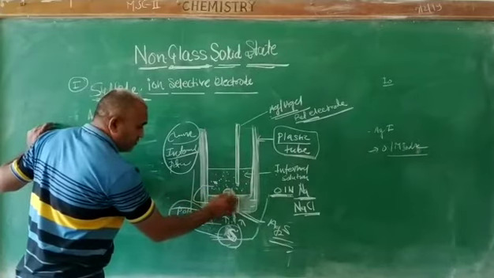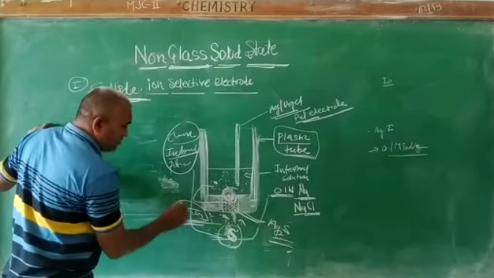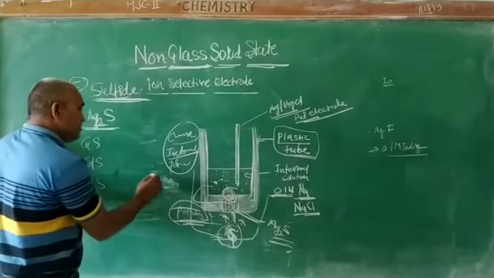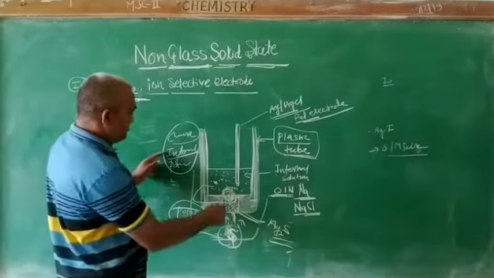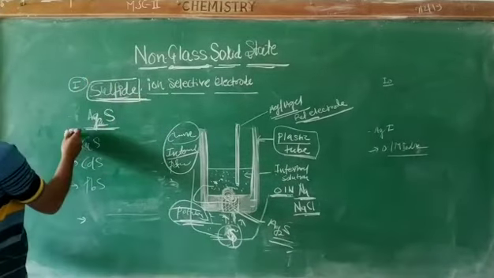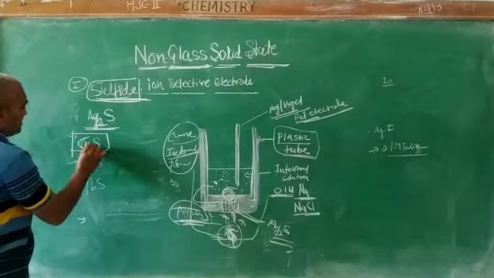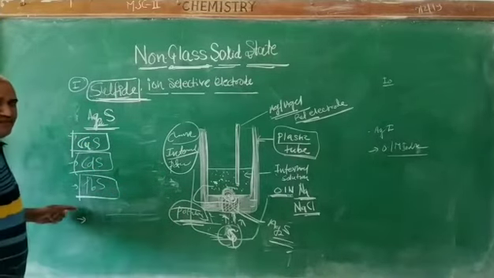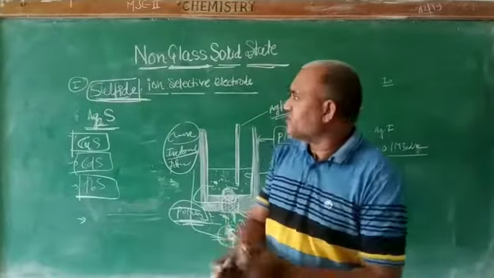First, some potential is developed by Ag. When outer sulfide ions come into the solution, there is a change in the potential. So we measure the sulfide ion concentration. Also we use copper metal, cadmium metal and lead metal for determination of the sulfide ion.